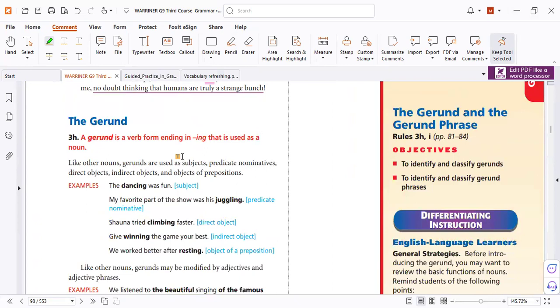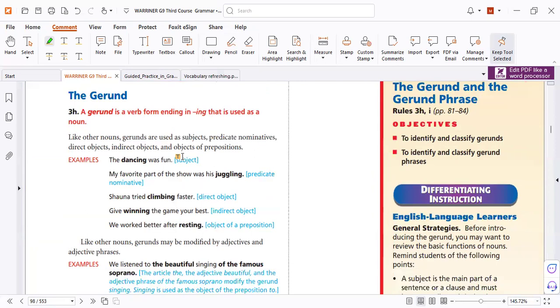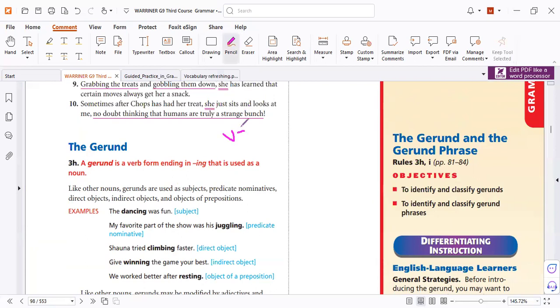The next phrase. So we have studied two phrases: prepositional phrases, and the present participle and past participle phrases. This phrase is called the gerund phrase. But we need to understand what the gerund means first. Let's read. A gerund is a verb plus ing. Verb plus ing again. Yes. As I told you, verb plus ing can be an adjective, can be a noun, and it can be a verb. Yes. But here it's a noun because it's a subject.